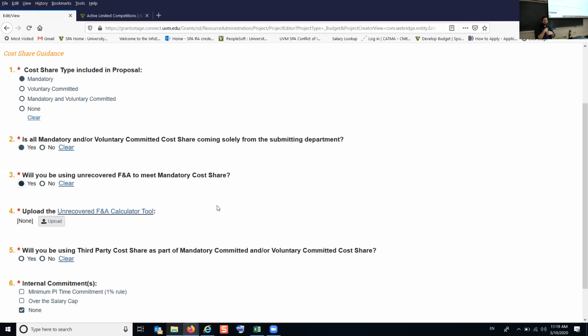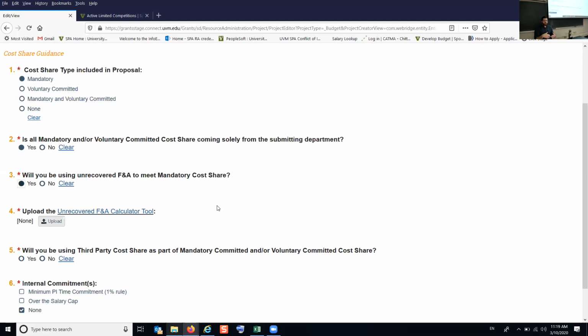And so a lot of our processes were built around the most complicated kind of proposal that you could submit. And so it had, oh, you had to do this for all of these proposals. Yet the budget worksheet included all these tools for all these other proposals, even when it was unnecessary. Instead, since we're not using the budget worksheet, we are basically replicating some of that functionality that was UVM specific